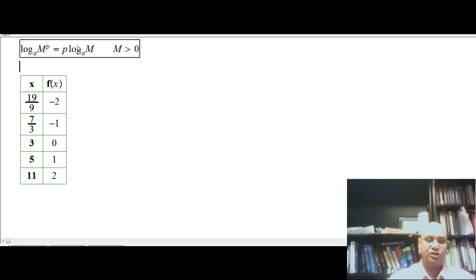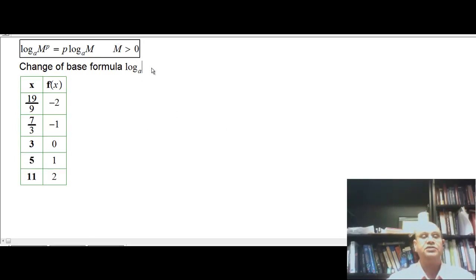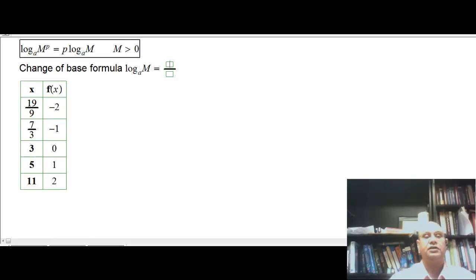It's called the change of base formula, which is basically just saying the base is not 10. Yeah, right, exactly. So if I'm taking, say, log base a of m, and I'm just using my calculator, all